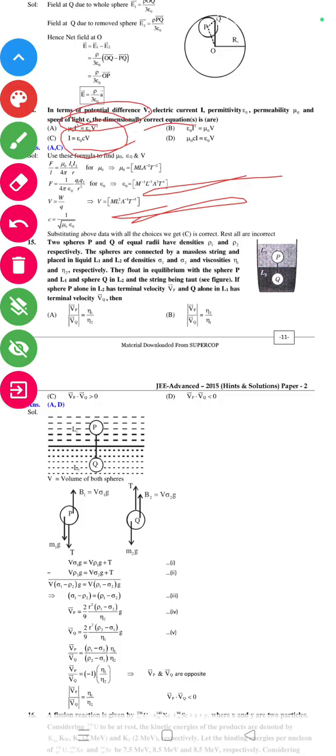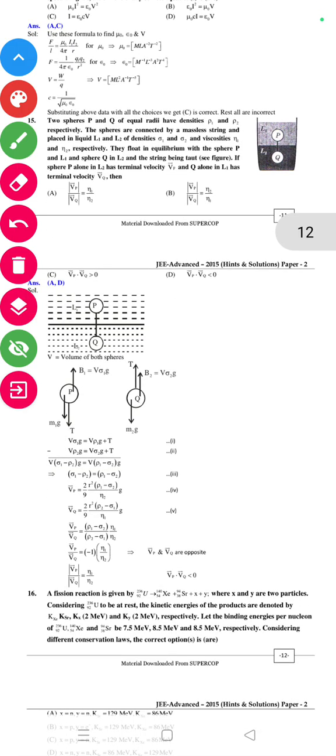ठीक है, ये दोनों चला जाएगा। अब इसका आगे फिर है कि two squares P and Q are of the equal radii, have the density ρ1 and the ρ2 respectively. The squares are connected by a massless string and the placed in a liquid L1 and L2 of the density σ1 and σ2 and the viscosity η1 and η2 respectively. They float in equilibrium with the square P in the L1 and the Q in the L2 and the string being taut. If the square P alone in the L2 has a terminal velocity Vp and the Q alone in the L1 has a terminal velocity Vq, then तो यहाँ पर दिया L1, L2, P और Q।